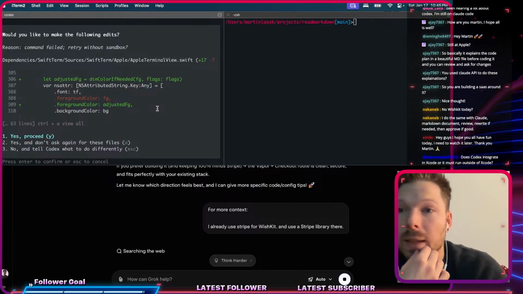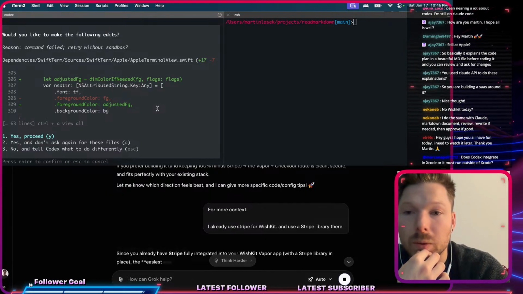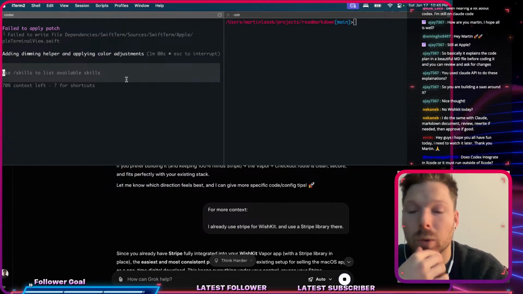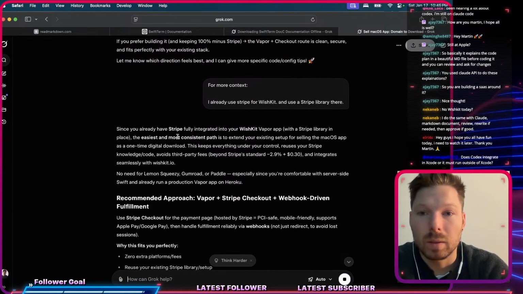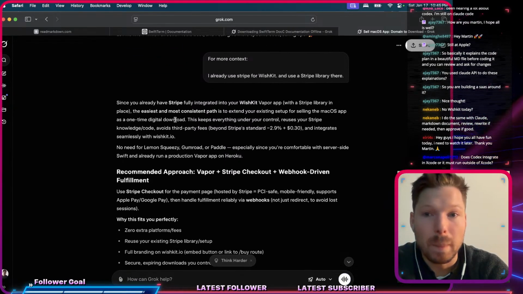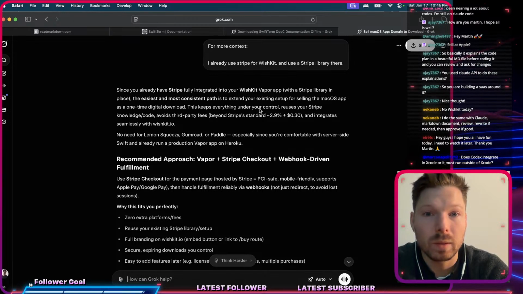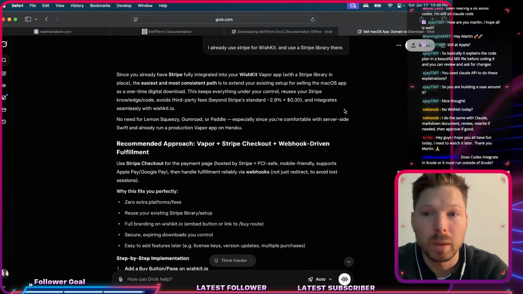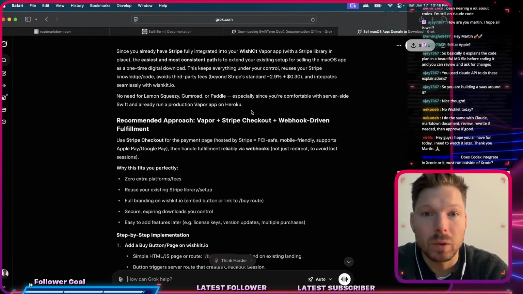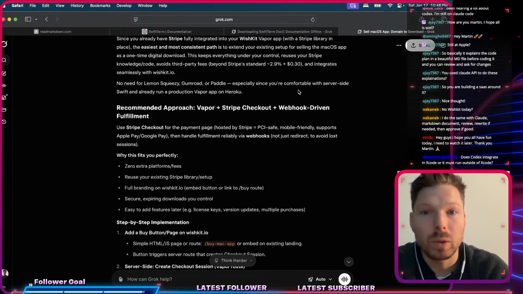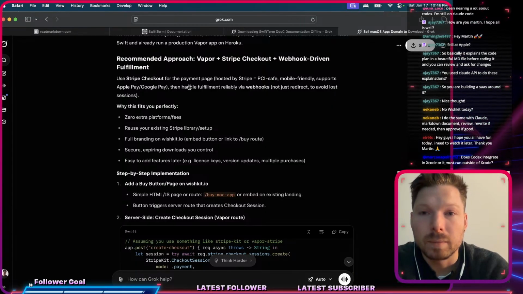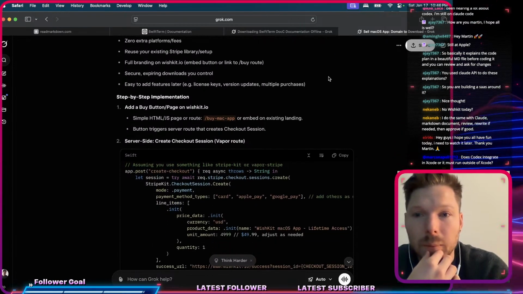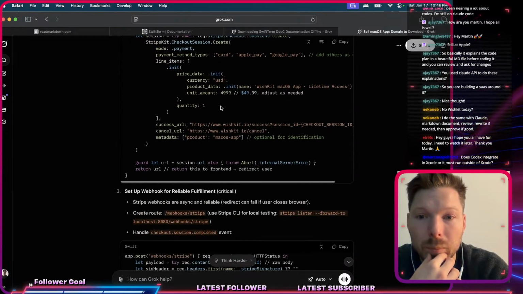Okay, would you like to make the following edits? Yeah, of course. Just do that. Now it's working on the fork, it seems. Okay, since you already have Stripe fully integrated into your WishKit app, the easiest and most practical is to extend your existing setup for selling the macOS app as a one-time digital download. This keeps everything under your control. Reuses stuff, avoids third-party fees. Cool. Recommended approach. Vapor, Stripe checkout, webhook-driven fulfillment. Why this fits? Okay, setup. Okay, we got that, and then